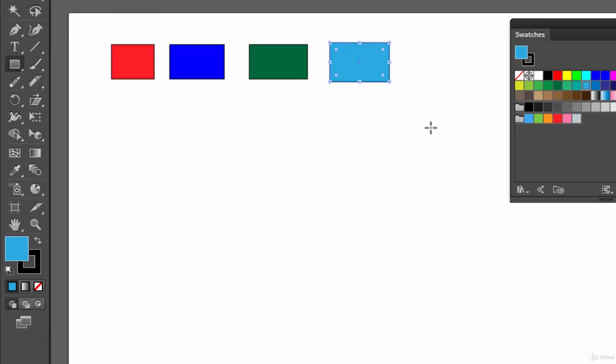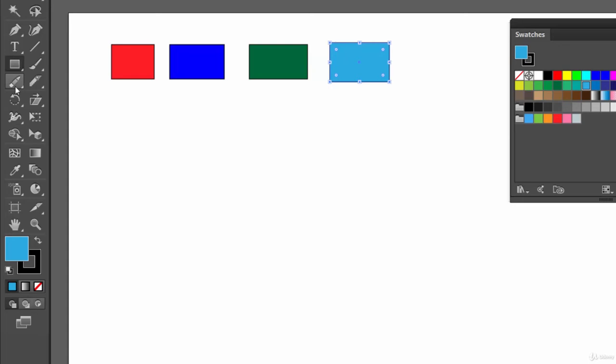Say for example you have a client who has asked you to design a project where you will be having only these 4 colors. He has mentioned all the color codes that you are going to implement in your project. Now you have created 4 rectangles with these colors.